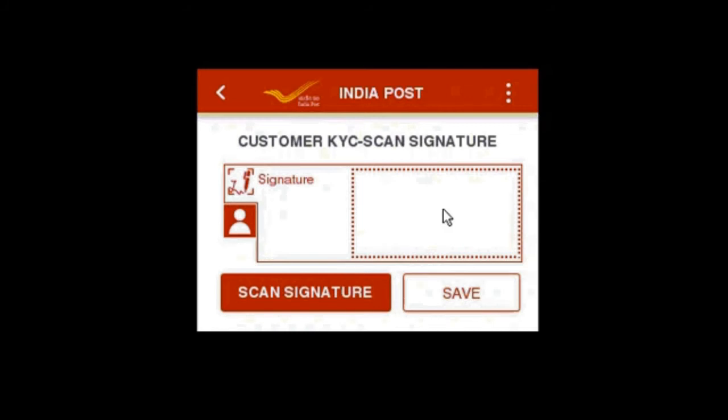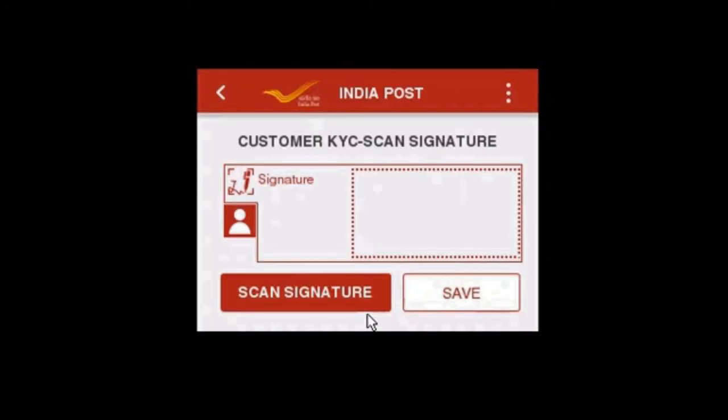Now we are clicking the scan signature option. Our camera is already activated at the back of the Darpan device. Now we are focusing it on the signature of the customer, which she has given on the opening form.